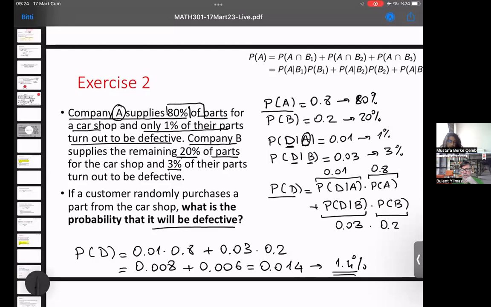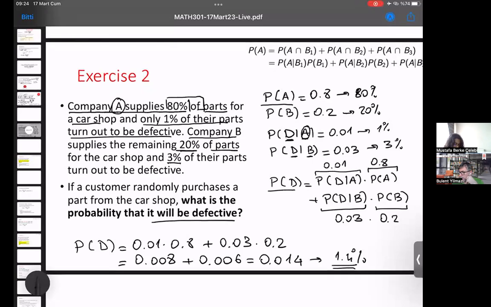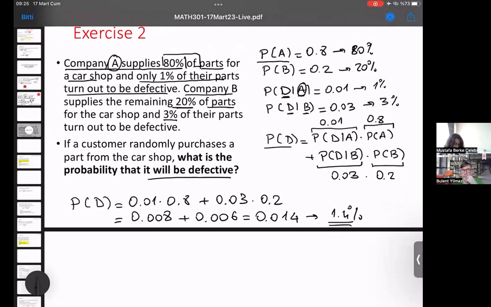Is this clear, guys? Did anyone? Yes. I don't understand the PDA part because the question says that only 1% of their parts turn out to be defective. So yes. Should we calculate the 80% of the parts of the